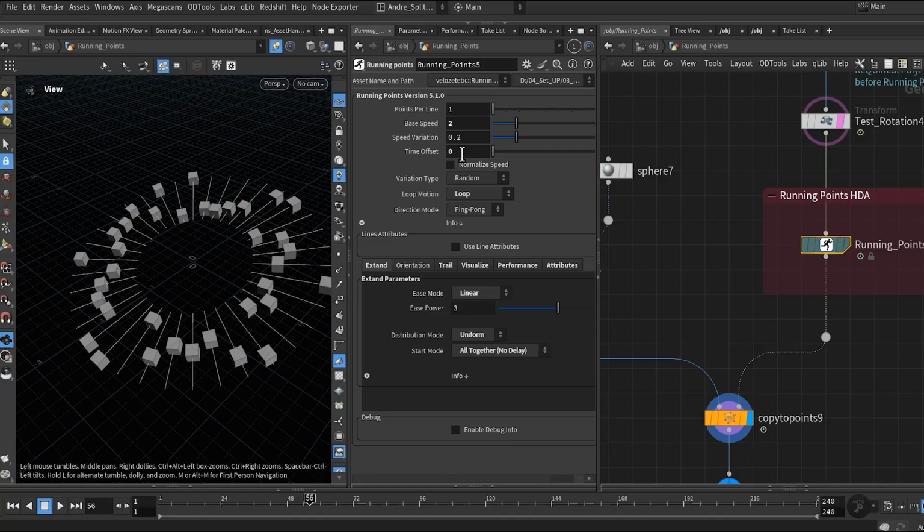Time offset. For time offset, you need to add some points to the curve. One is not enough.